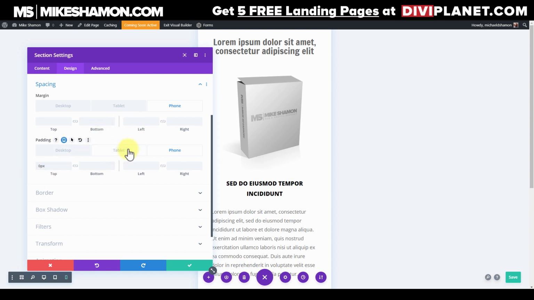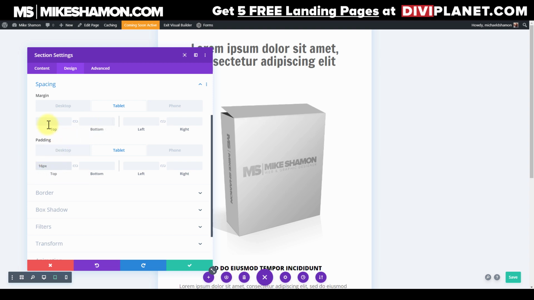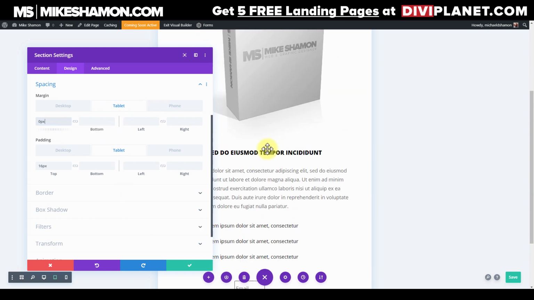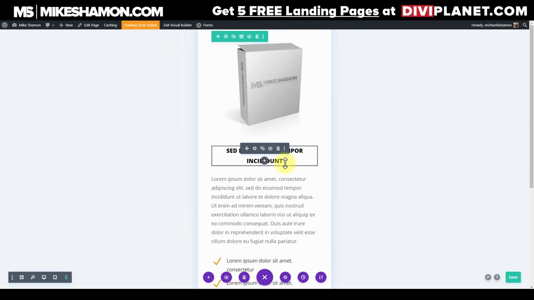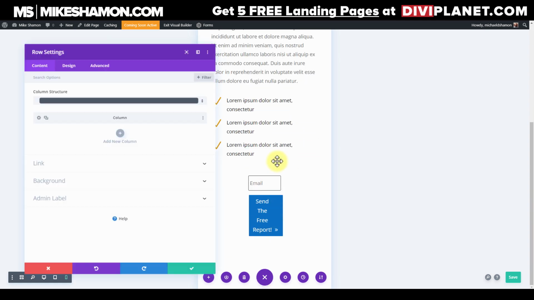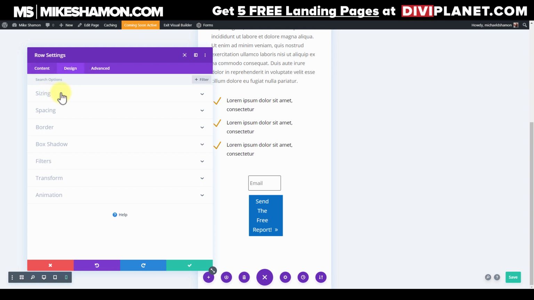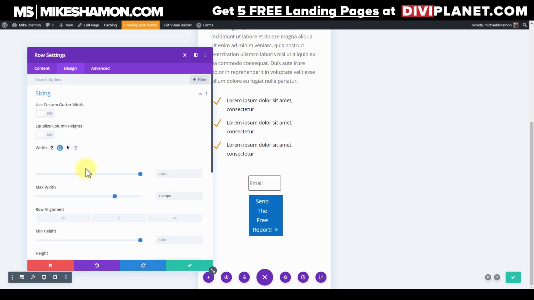Alright, and then you just go to tablet, see how it looks on tablet. Tablet, I'm just going to do 16 at the top for padding and 0 there. Alright, so let's go back down and go check. This looks good. This looks fine. This will render out different on tablet, but right here,